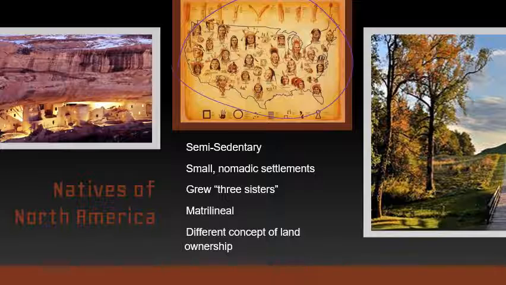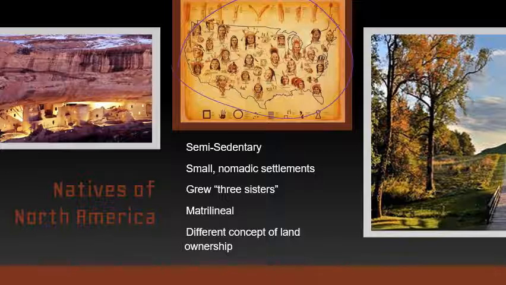Now, they did a lot of the time have very close similarities. So there were similarities by region, but there were also some that are kind of not universal, but typical. The typical things about these natives were they were semi-sedentary, meaning they didn't necessarily move all the time. They weren't completely nomadic, and a lot of the time they did have permanent settlements or permanent structures, but a lot of the time they did have small nomadic settlements that would go from place to place. And those permanent structures, you had either people staying there all the time and others kind of moving around hunting, or people would move from permanent structure to permanent structure based on like the seasons.